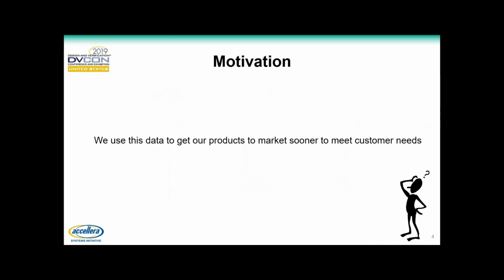So why does this really matter? Why are we doing this? Well, we need to get those products out to market sooner. And verification plays a huge role in this. And so to accomplish this, we're using this data that I just showed you to drive more accurate bug rate projections, simulation and DUT performance, forecast of licenses, compute resources, engineering resources, schedules, and to equip our verification engineers with all the critical data they need to be able to enable them to make smarter decisions for our current and